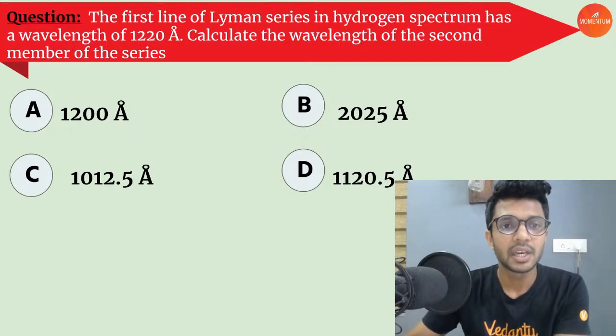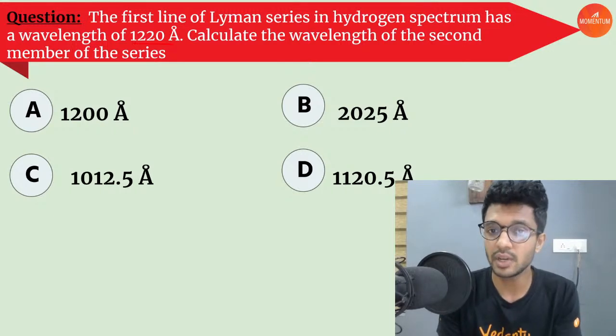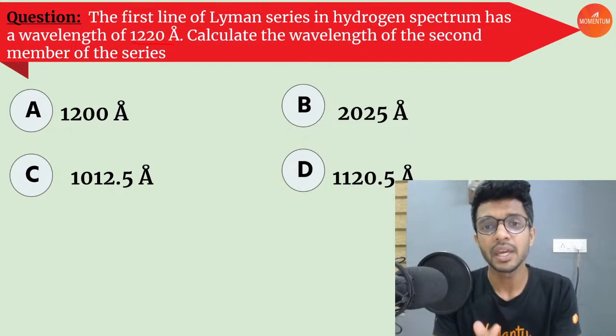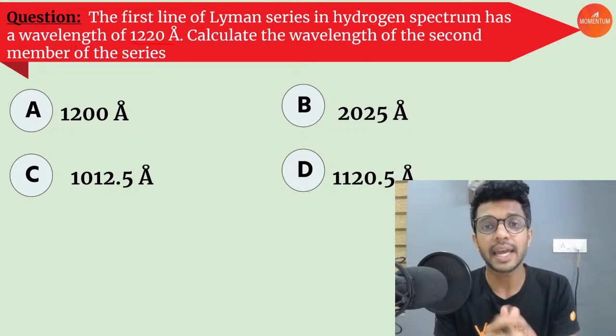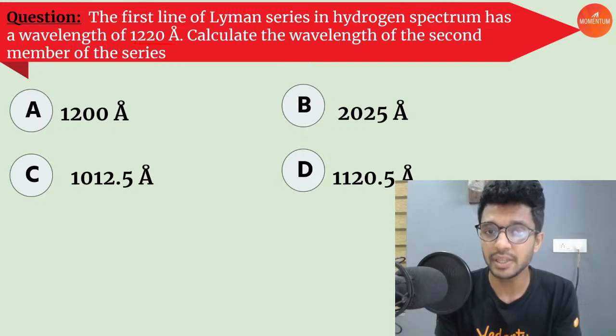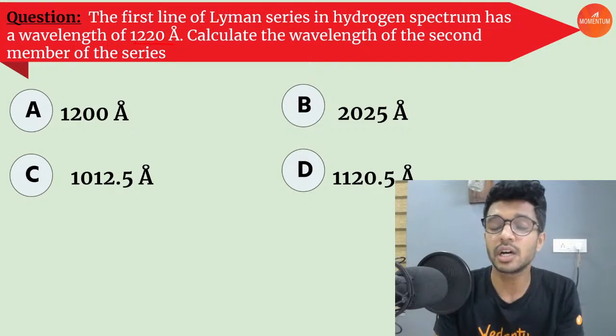Very first question: the first line of Lyman series in hydrogen spectrum has a wavelength of 1220 Angstrom. Calculate the wavelength of the second member of the series. Now you know about the hydrogen spectrum, right? The Lyman series of hydrogen spectrum happens whenever an electron jumps from any higher level to the first